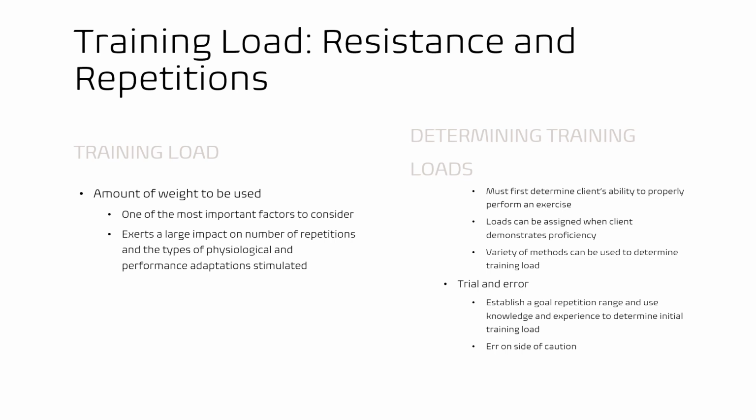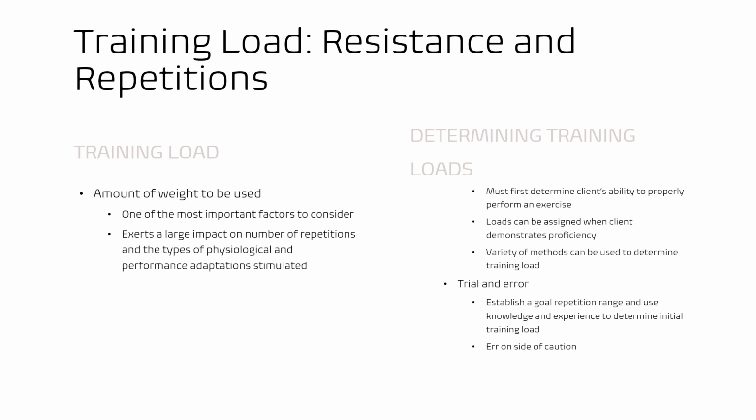In determining your training loads, you must first determine the client's ability to perform properly in exercise. Loads can be assigned when the client demonstrates proficiency, and a variety of methods can be used to determine the training load. Oftentimes it is about trial and error. You want to establish a goal repetition range and use knowledge and experience to determine initial training load. You always want to err on the side of caution. It's better to go light than it is to try to backtrack. Remember, determining the appropriate training load is not an exact science, and it may require some trial and error to